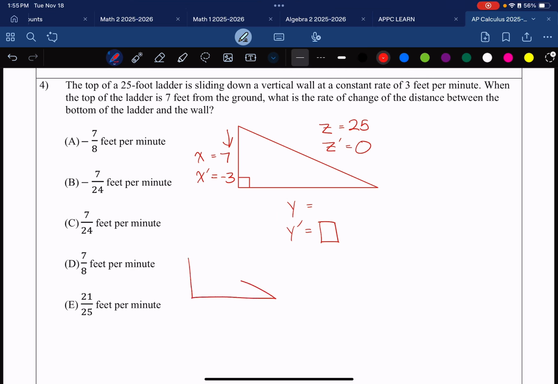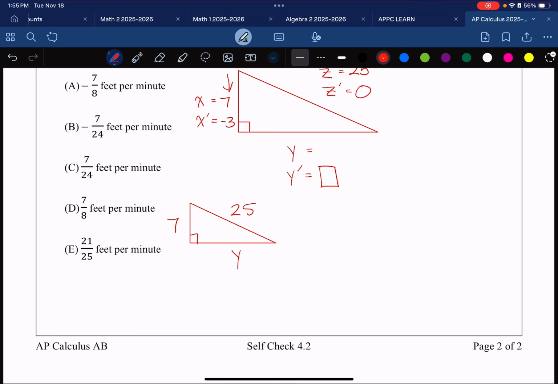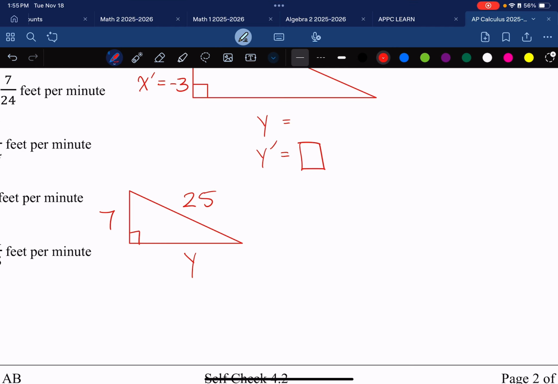So let's go ahead and draw another diagram to show you what I'm talking about. For a right triangle, if I have a 7, I'll call this one y for now, and 25, I can use the Pythagorean theorem to find lengths of a right triangle. Setting up the Pythagorean theorem, I'm going to say leg squared plus leg squared is equal to hypotenuse squared. And then I'm going to do some math. 49 plus y squared is equal to 625. Subtract 49, y squared is equal to, what is that going to be,